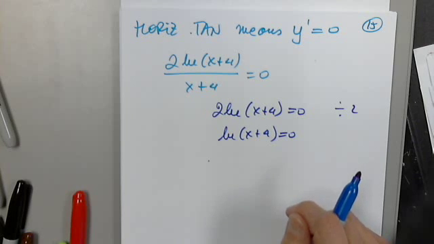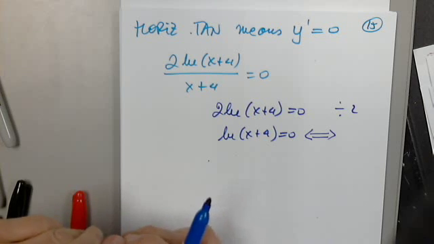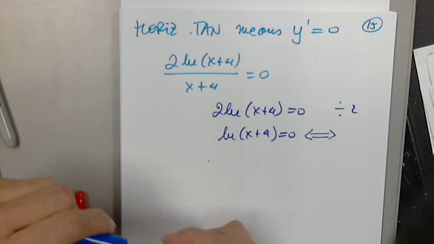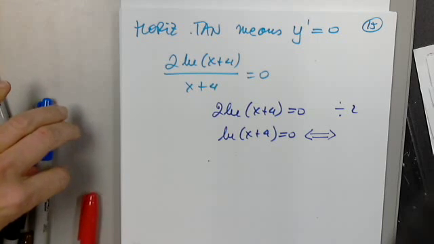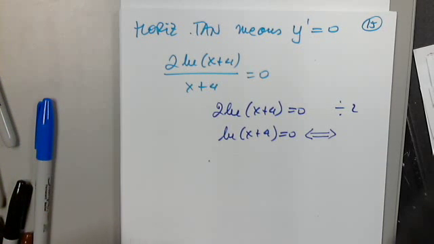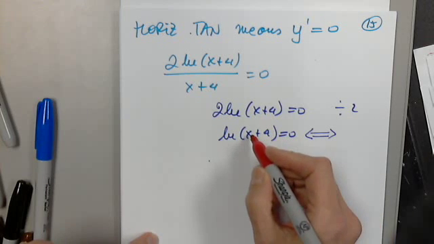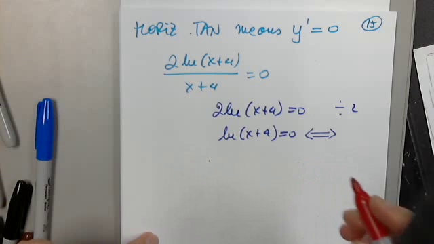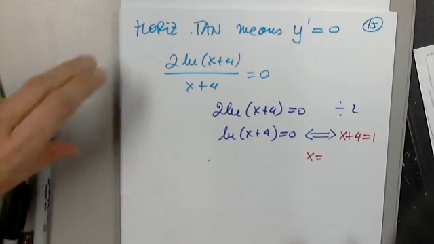So log applied to which number is 0? Or we change this into an exponential equation. Or we ask ourselves, I apply log to only one number to get 0, which number would that be? Or I say the base raised to this number equals this number. So x plus 4 must be 1. Therefore, x must be